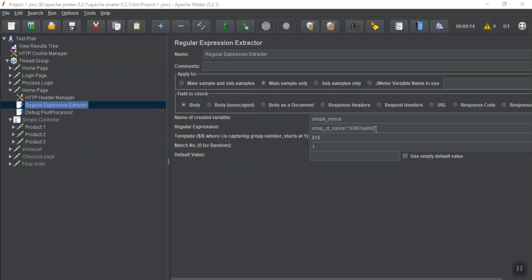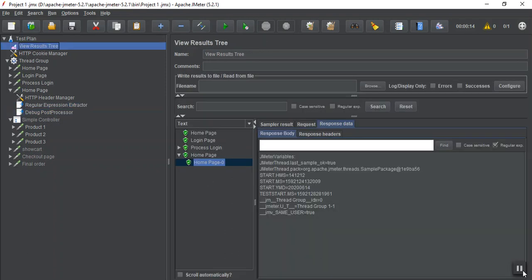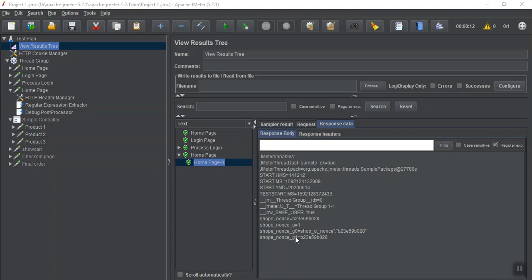I didn't provide my regular expression here. I just copied it the same way. We need to provide it. Now let me run it. Sorry, it was my mistake. That's why I was wondering why it was not showing the values. Let me rerun it. Now see, here is the nonce value which we are getting.